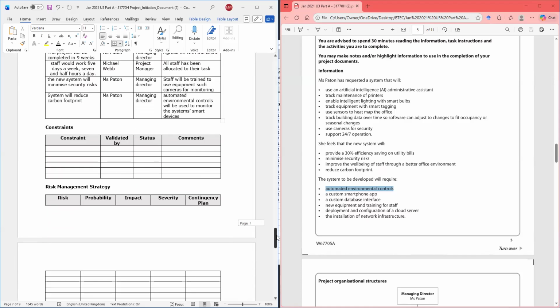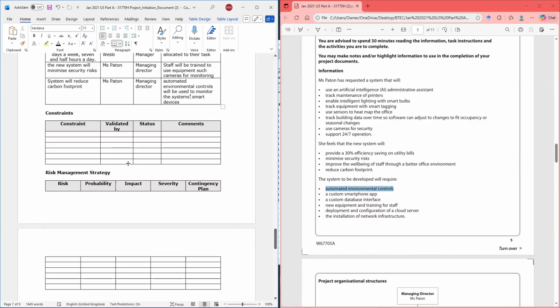So let's look now at constraints. And remember, if we think about the iron triangle, it's going to be cost, time, and scope, sorry. We can take it from anywhere there's a scope.